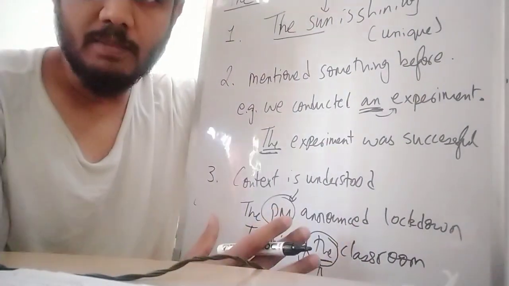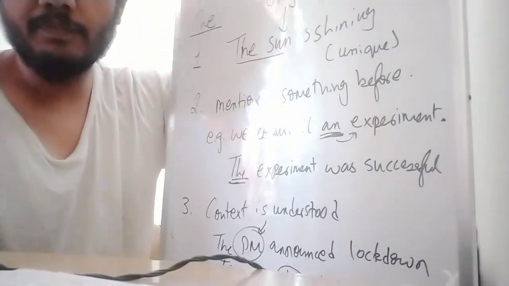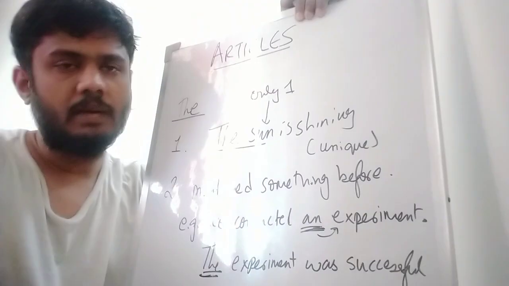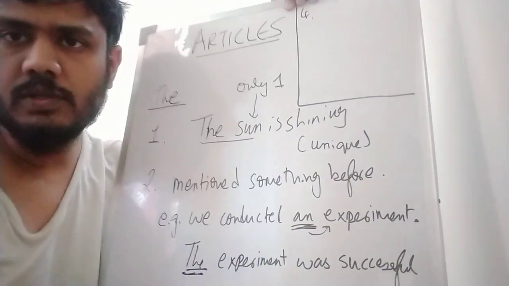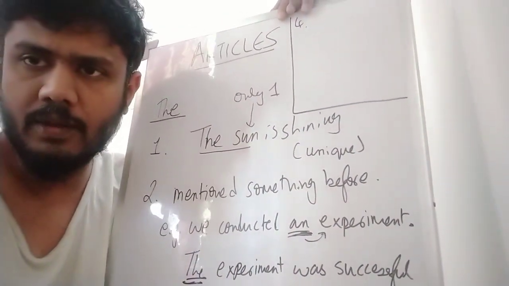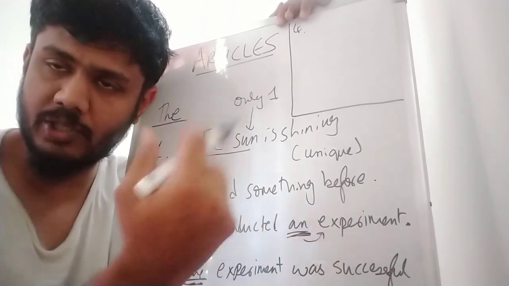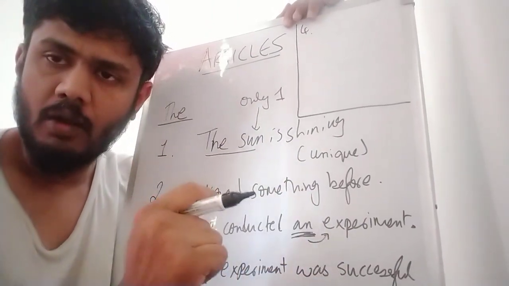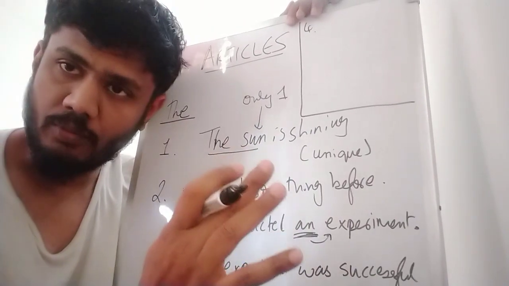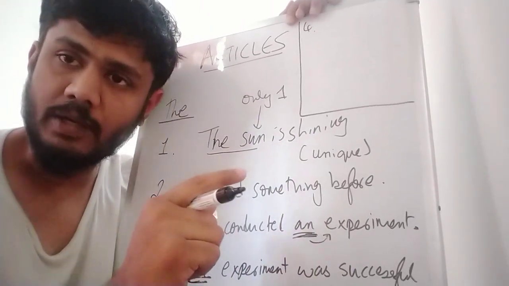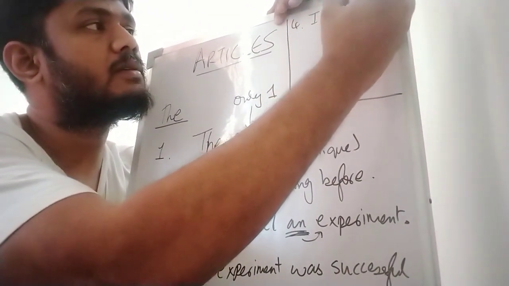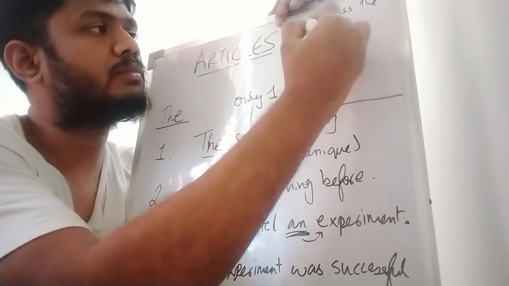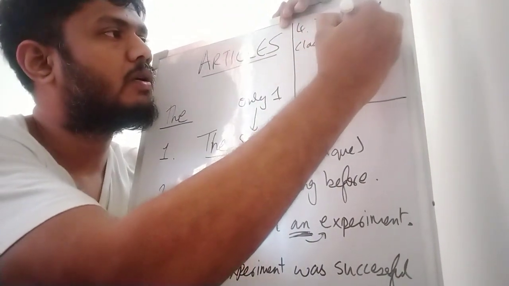Now these are three methods, and there's another one, right? I will try to fit it into this screen. All right, so I'm gonna put this over here. So in all these cases, either it was something unique, so there's no confusion, or you've mentioned it before, so you made it clear what you're talking about, or the context is known. Sometimes the context is not known, right? For example, if someone else is watching this video and I want to explain which classroom I'm talking about, then I can say, I miss the classroom,